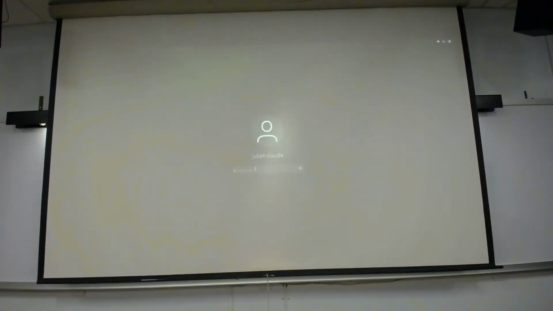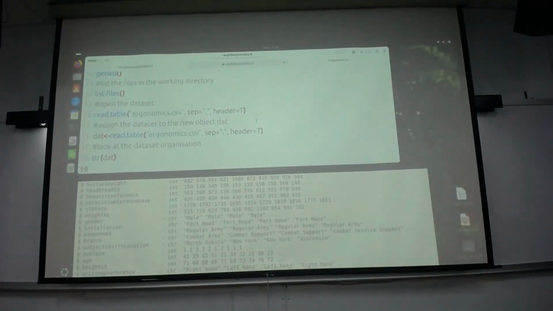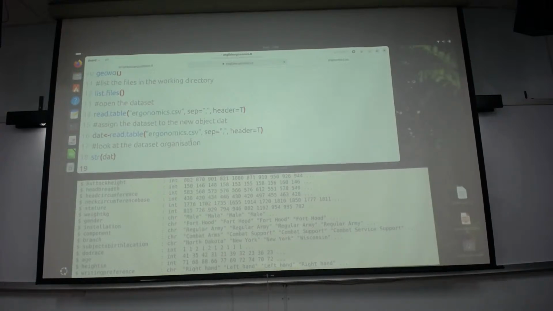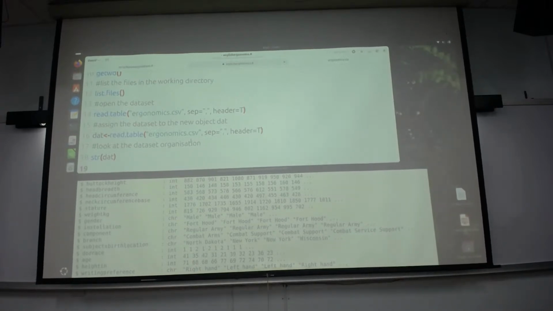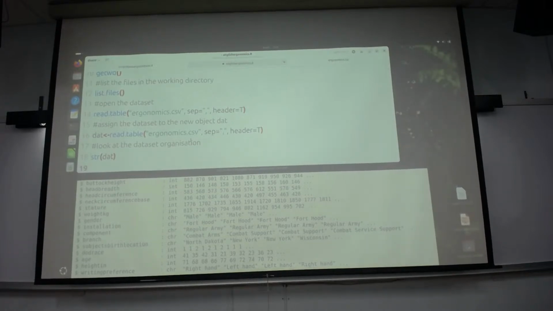I will excite you a little bit because now let's see a little bit what we have inside that. You're certainly curious to know what we have in the dataset. And one of the variables that is very interesting in the dataset is what the soldiers are doing there, their